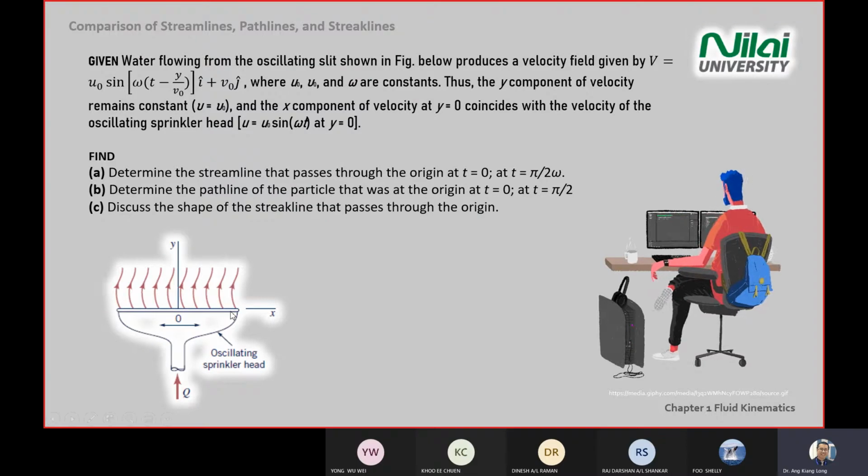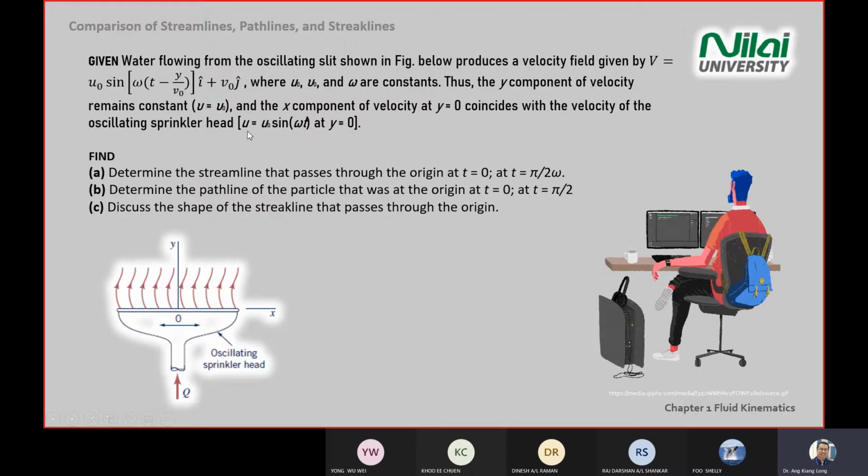So the hose actually, you are holding the hose and then you move sideways to clean your car or motorbikes. So there are two equations here. One is the velocity field, which is the red arrow equation. And then there is a sprinkle head movement. There are two equations there, which is movement in the u direction, given by this equation, u naught sine wt,